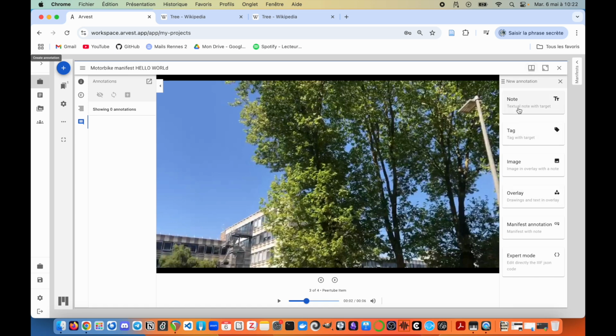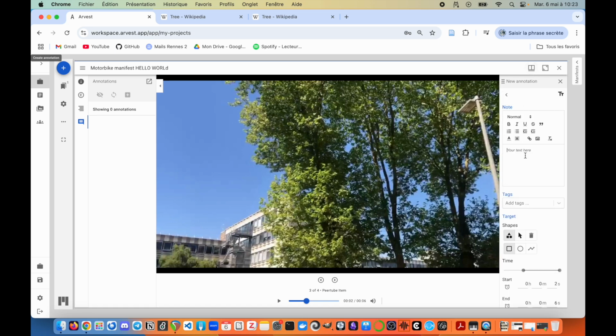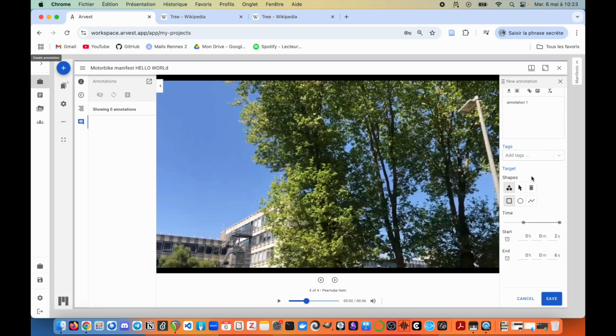So just to demonstrate, here I'm really just going to call it annotation 1. You see that we've got all the same things. However, for the target, we can also now target a time frame within the video. So by default, the start is set to where we are currently paused within the video, or where we were in the video when we pressed the add annotation button. But we can change that